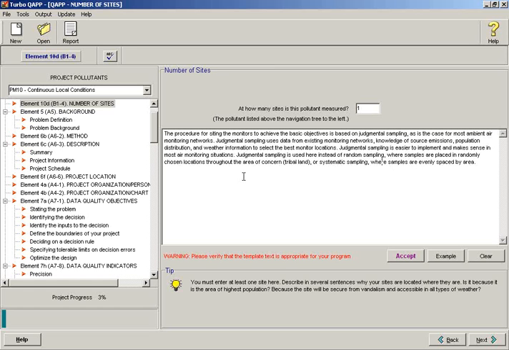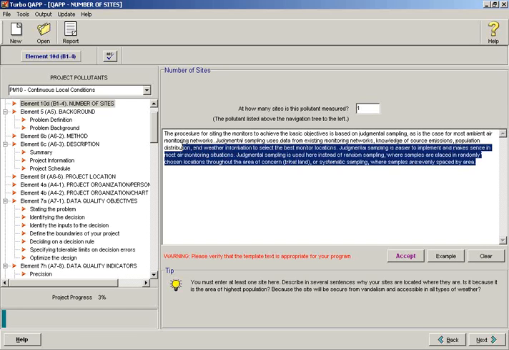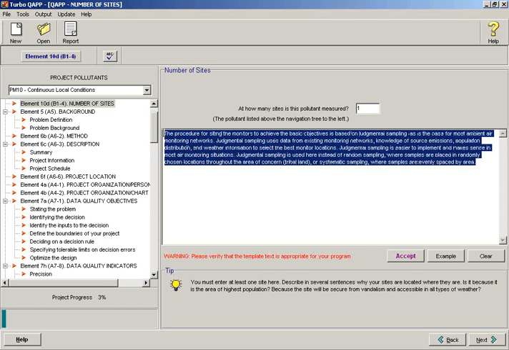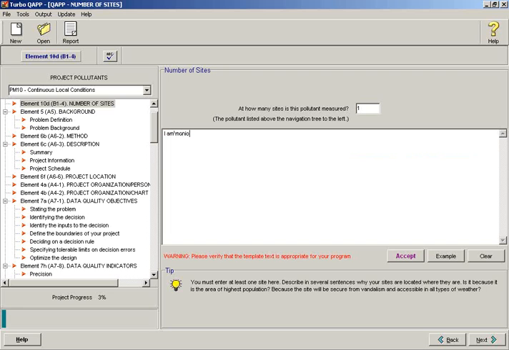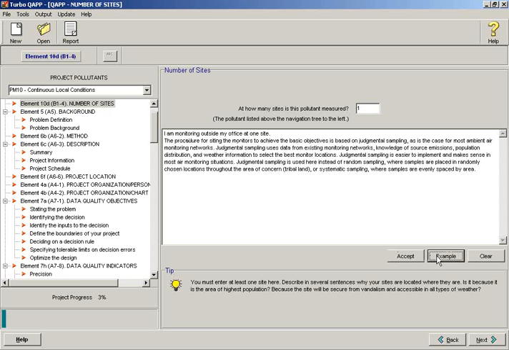So now we read this and we say, wait a second, I don't like this. This doesn't make any sense to me. I'm going to put in, I am monitoring outside my office at one site. And then I say, okay, accept, but what did that example say? Maybe that was better. So you can click example and it brings the example back, and what's nice, it actually tacks it on to the end of what I typed in there, so I could combine them